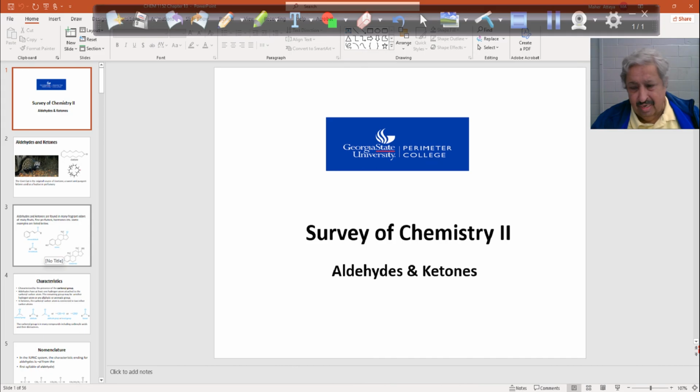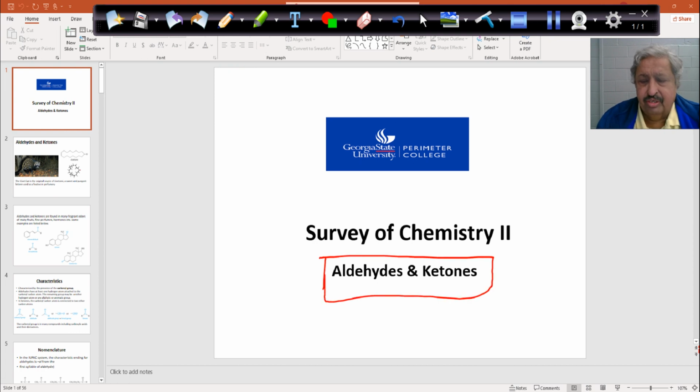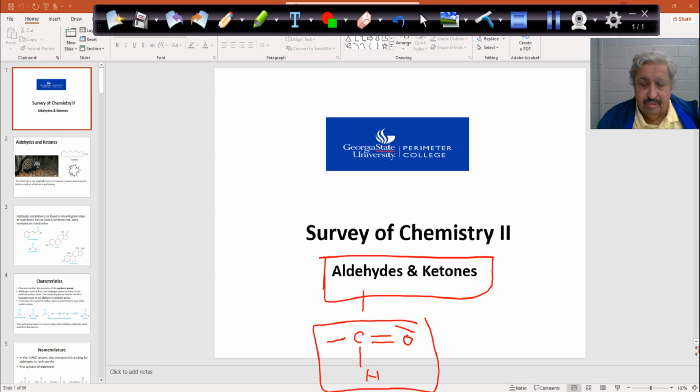So today we'll start with chapter 13, which is really about the aldehydes and ketones. As you will see in this chapter, it's aldehydes, anything with the functional group. This is the functional group for aldehyde. This is a carbonyl group, and there is a hydrogen there, and here is R. R can be any